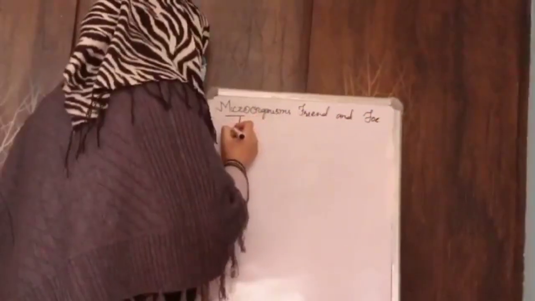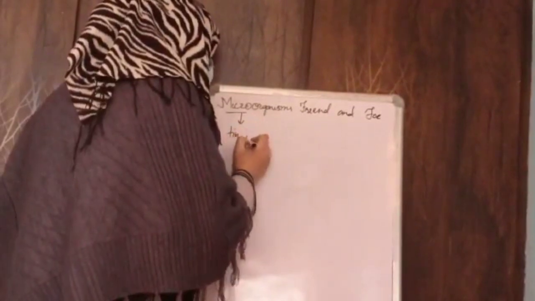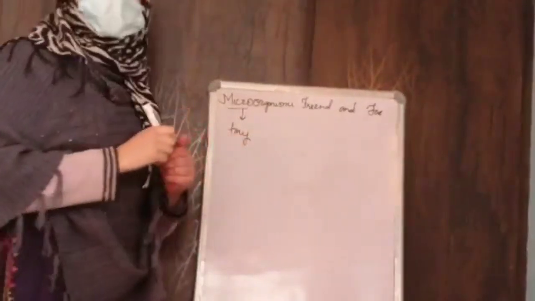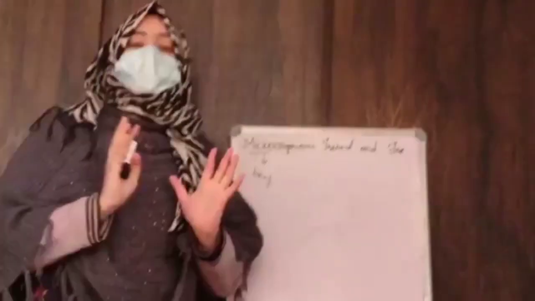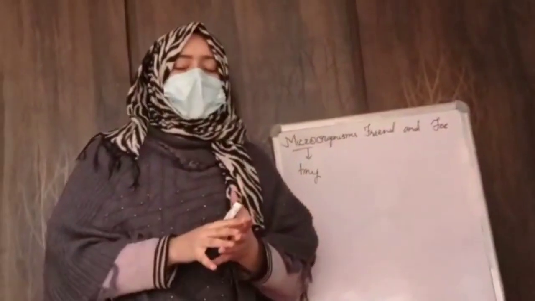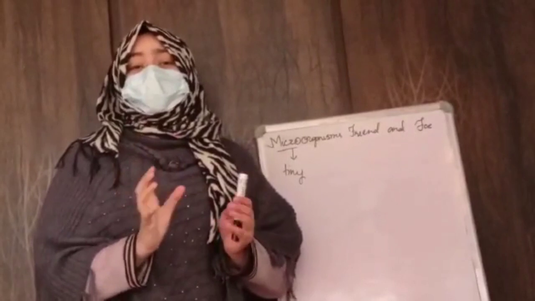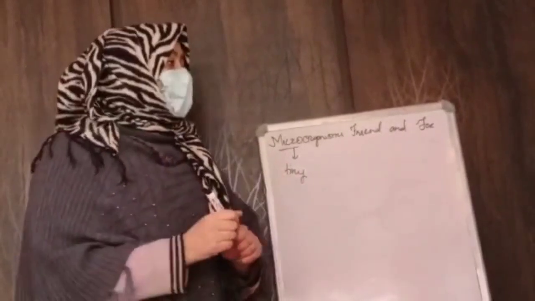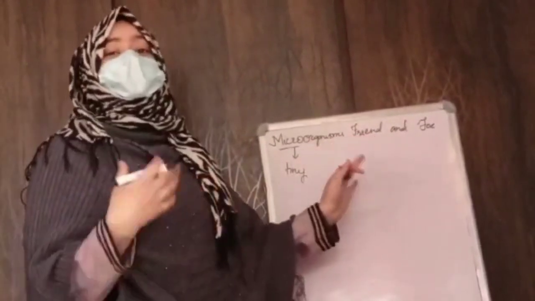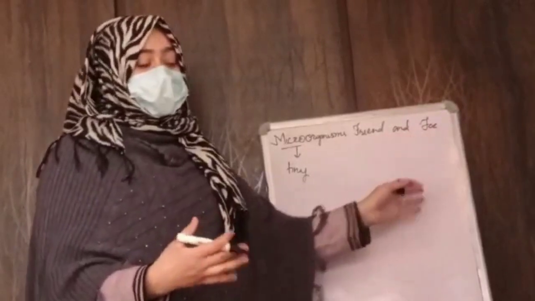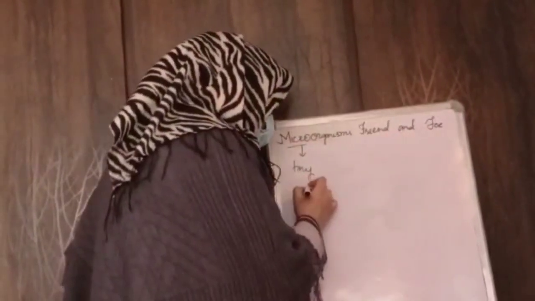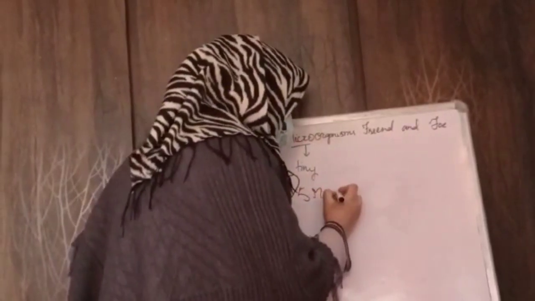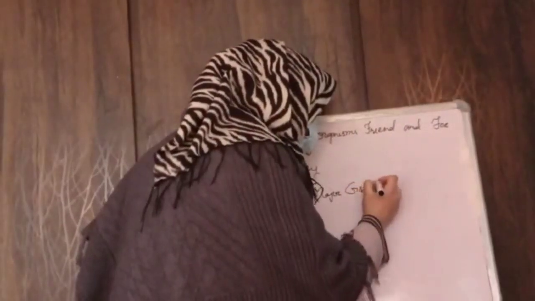So, micro means tiny. These are very tiny organisms that can't be seen with our naked or unaided eyes, so we mostly need a microscope to see them, or we can also see them through a magnifying glass, like the fungus which grows on bread. They can be our friends in some situations and sometimes our enemies, as they are sometimes harmful to us and sometimes useful. There are five major groups or types of these microorganisms.